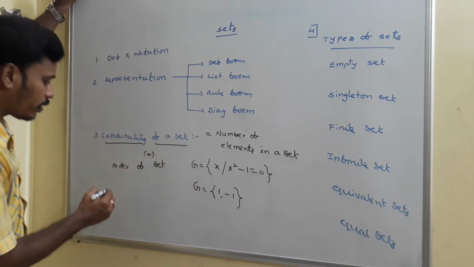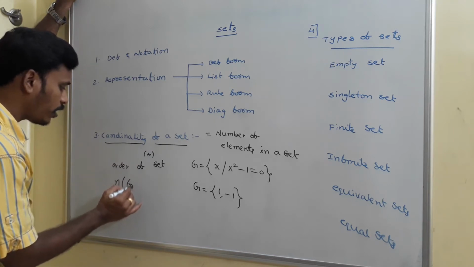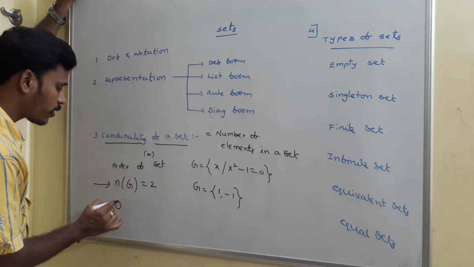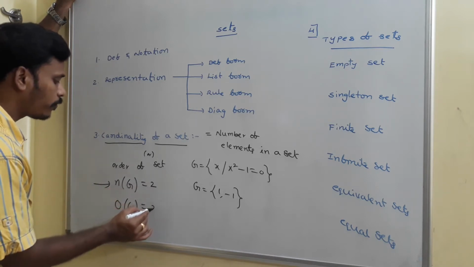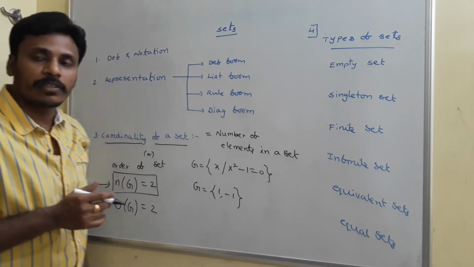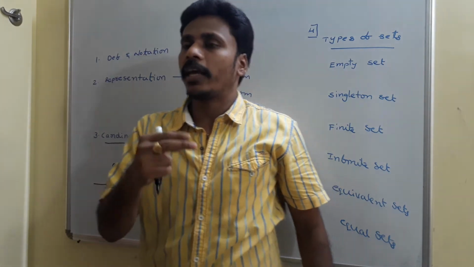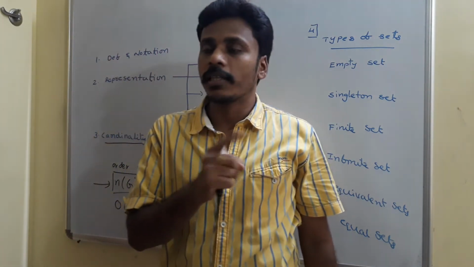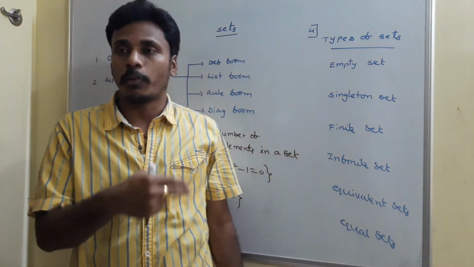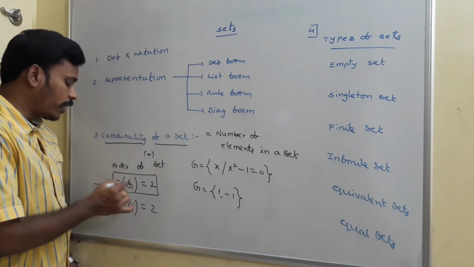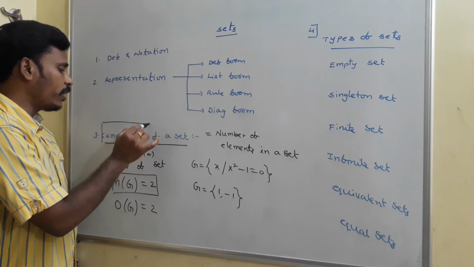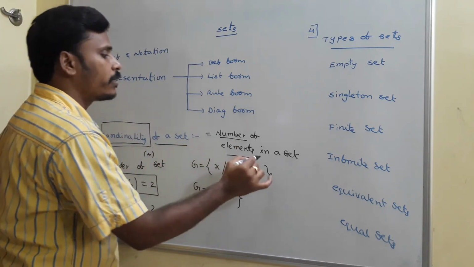And as a notation we wrote that n(G) is equal to 2, which represents that the number of elements in the set G is 2. Some people may write it as O(G), order of G as 2. But we usually use n(G), the notation n(G), which represents the number of elements in a set. I gave you different examples in the last class. For every example there is a chance to count the number of elements, and we will represent that number of elements like this: n(G) is equal to 2. So simply, cardinality is nothing but the number of elements in a set.